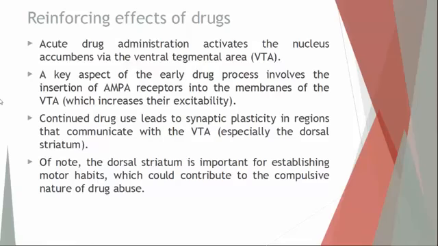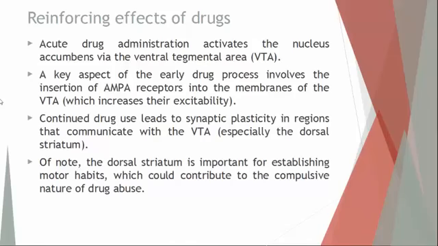So they are more excitable. So it's as if more dopamine is being produced. So you feel happier. So you feel euphoric. And then this area of the brain will get used to that feeling. It's called synaptic plasticity. This response will become stronger and faster. So your body wants to feel this way more and more and more. So that leads to the craving of drugs like cocaine and amphetamines.